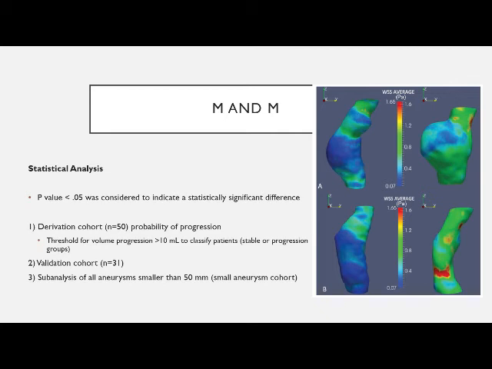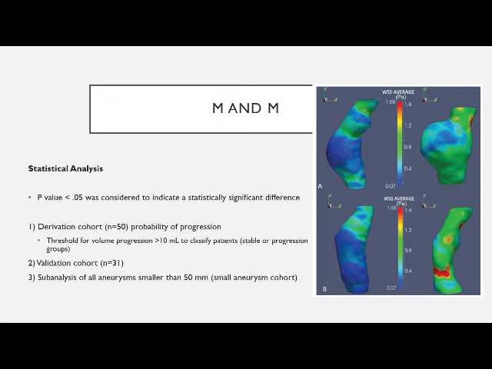So the threshold to differentiate the one group from the other was the volume progression of more than 10 milliliters. So if you had more than a 10 milliliter increase of the volume, on the other hand, less than 10, you would be classified into stable or progression groups within these two groups. So you have two groups. One is the progression group, one is the validation group, and then within those two groups, you are classified as a patient who had a stable aneurysm at the 1 year control, or if you had a progressed